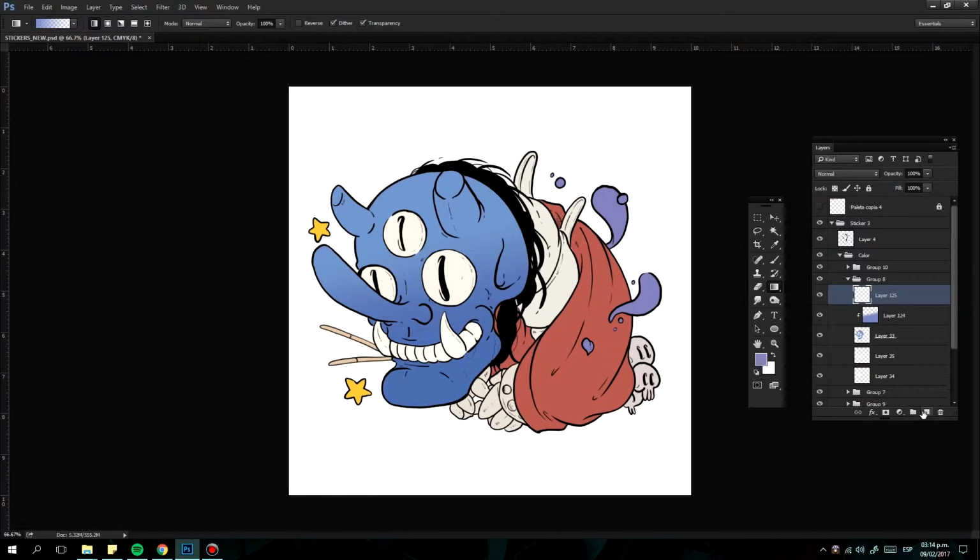Create a new layer on top of the gradient one, and just as we did with the base color, get the lasso tool and start making some sections over the mask color. When adding shadows, be sure to think of the image as a 3D object, rather than a 2D one,